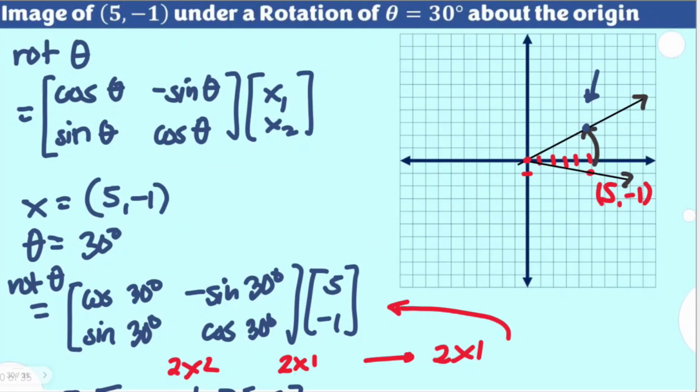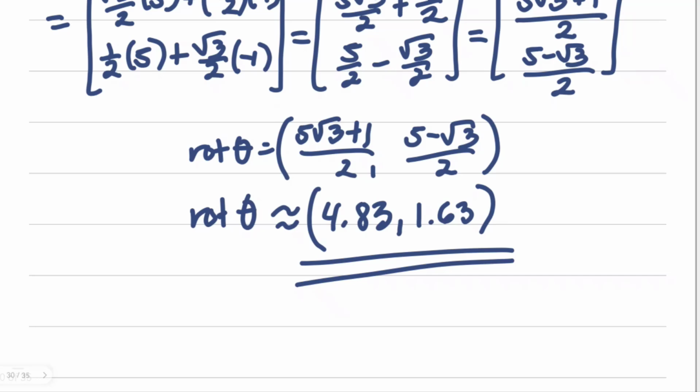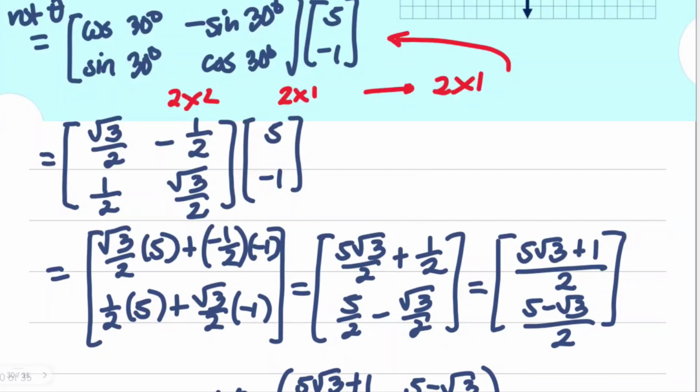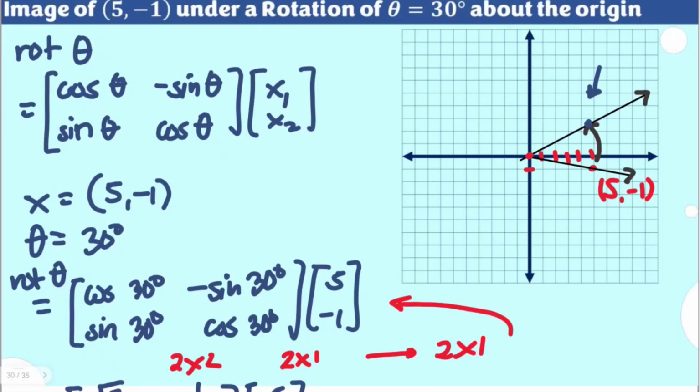Let's check if it's close to the correct value. 4.83 is somewhere before 5, and 1.63 is somewhere here, almost half. So this is the location of